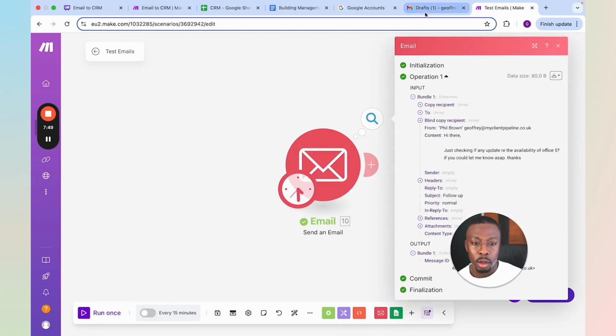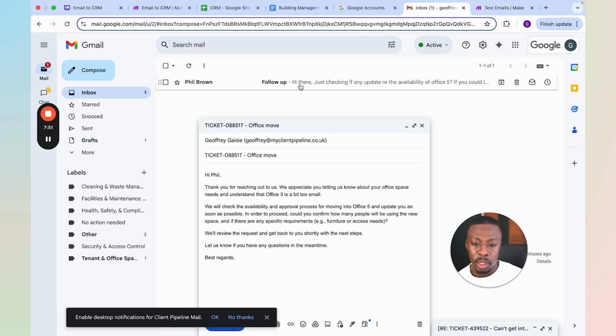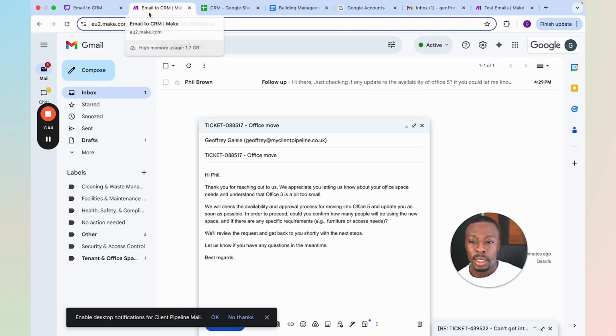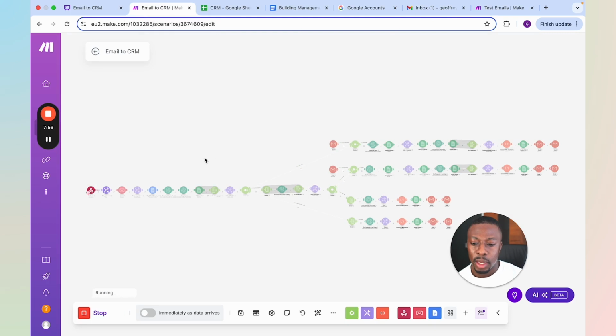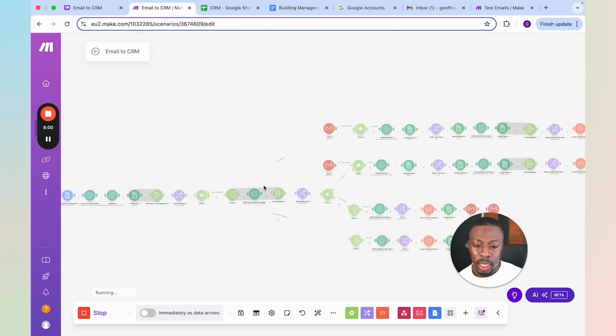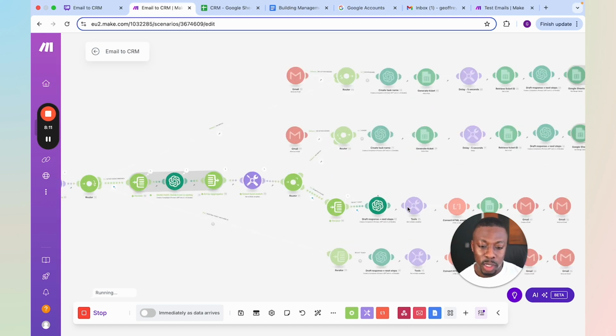Okay, and so what we're going to see, obviously in the inbox, it's landed, follow up, and now we can just see what is happening in the automation. What we want to see is we want it to not go via this route, no match. We want it to identify that there's been a sender, so go here, but then actually go down here instead, which it has. Great, so we can see it's going down that route,